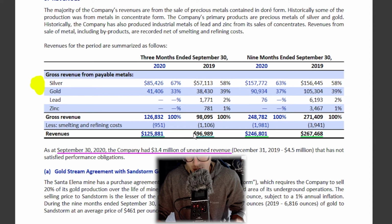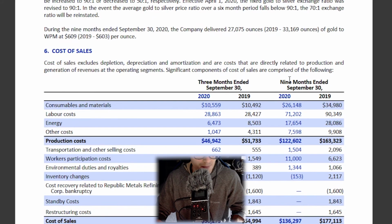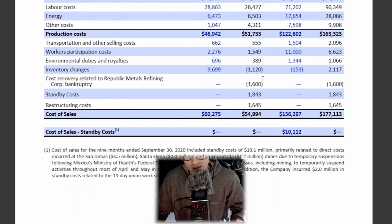So revenue increased, but if you look at the 9 months, it didn't. As of September 30th, the company had 3.4 million of unearned revenue. I don't know if they added that in, but it's just a note I wanted to highlight just to make sure of clarity. Next up,